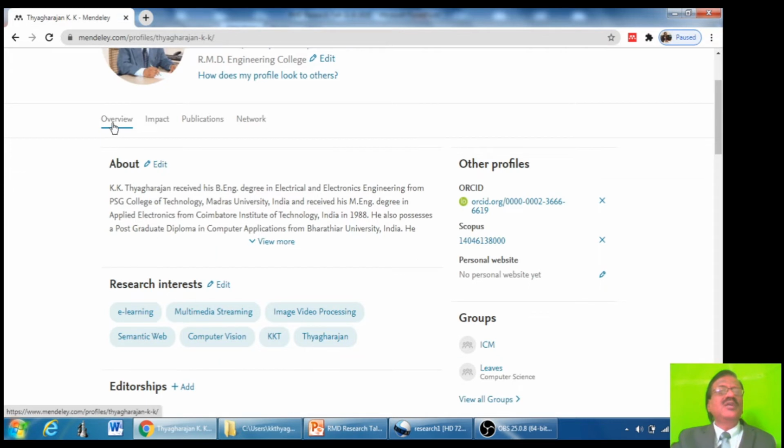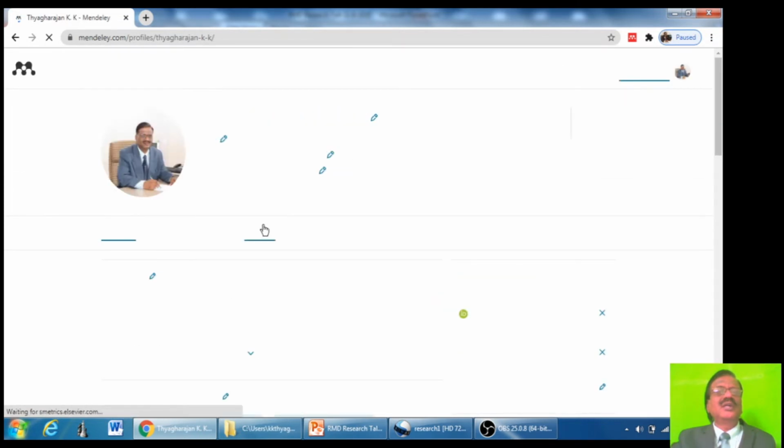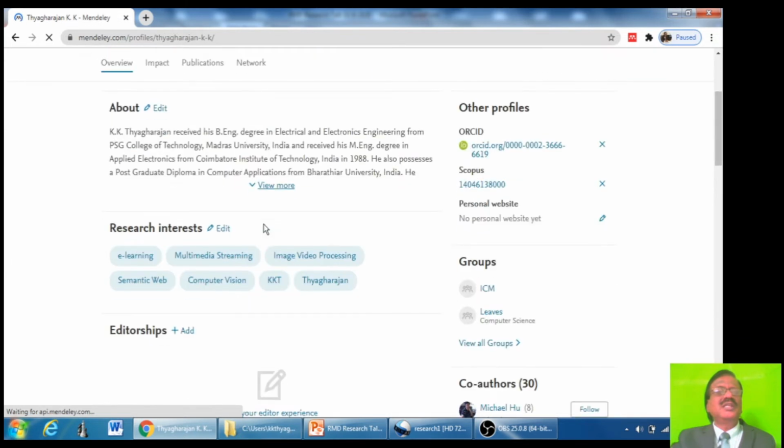If you click on overview, that is the default menu here, you will be able to see the details provided by Scopus here. That is, the first one is about you. You might have given the details there.